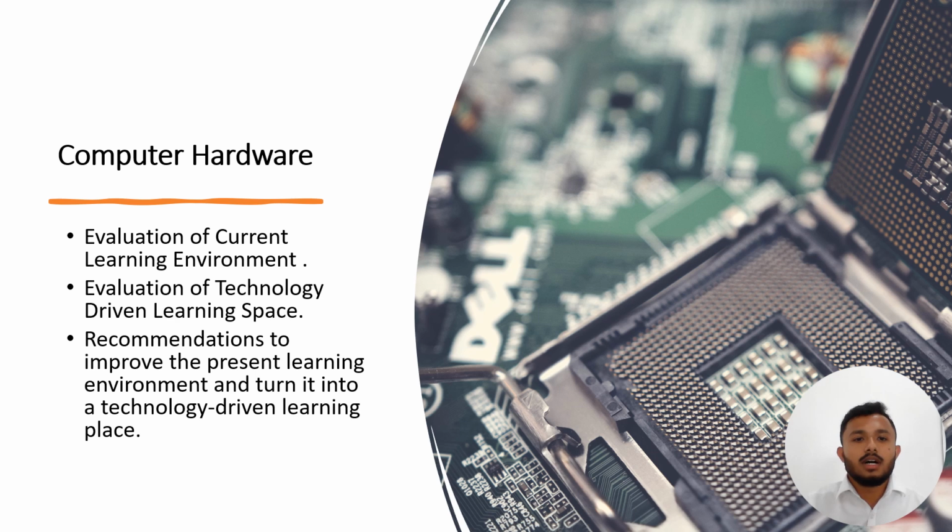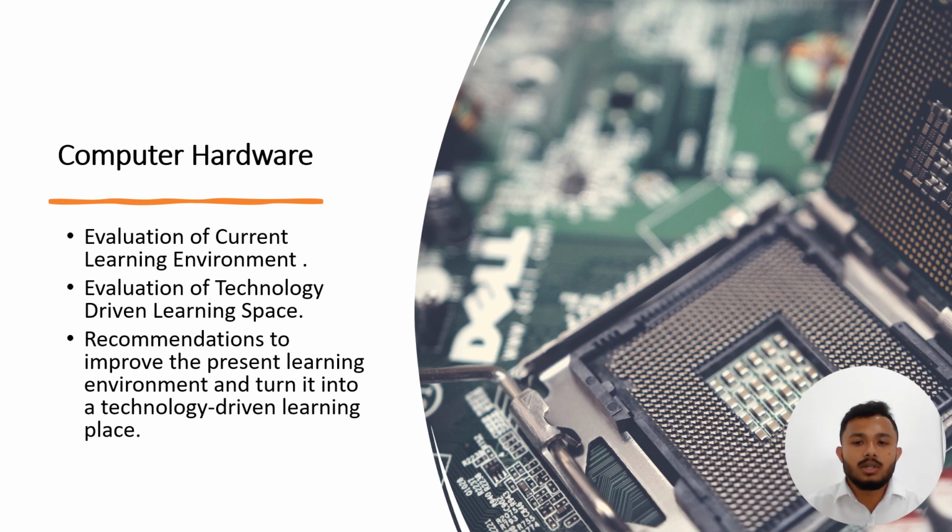Thank you, Jitma. I'm here to present about computer hardware. Simply, computer hardware means all the physical parts of a computer system that allow it to run and process data. Computer hardware can be divided into two components: input and output. Keyboard and mouse are examples of input devices, while monitor and printer are examples of output devices. When we consider the current learning environment, which means the university environment, laptops, projectors, and speakers are some examples of